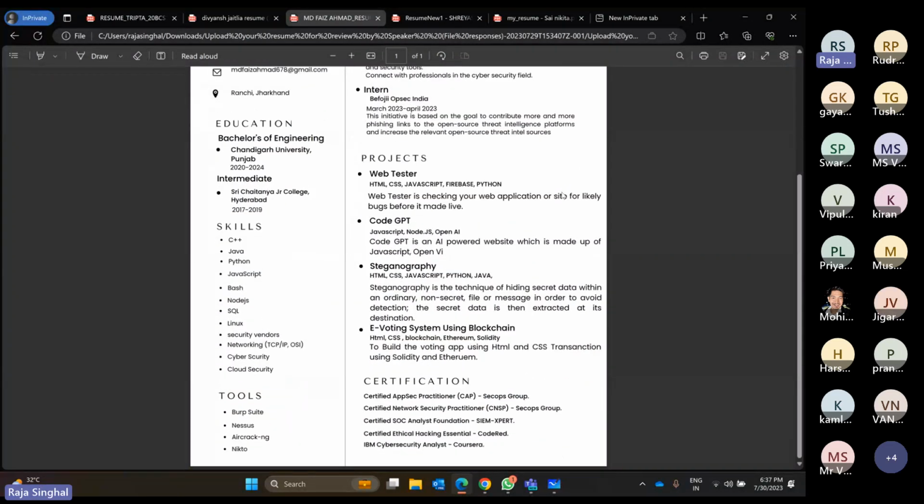Similar to the project section, there is no link present and nothing is properly aligned. You can see here the space is large, but here the lines are touching the corner of your resume. This is not good, it looks ugly, and nobody wants to read this type of resume. Even if your content is great and your skills are top notch, but your presentation is not good. So presentation plays the first role in your resume. And again, the coding profile is also missing here.